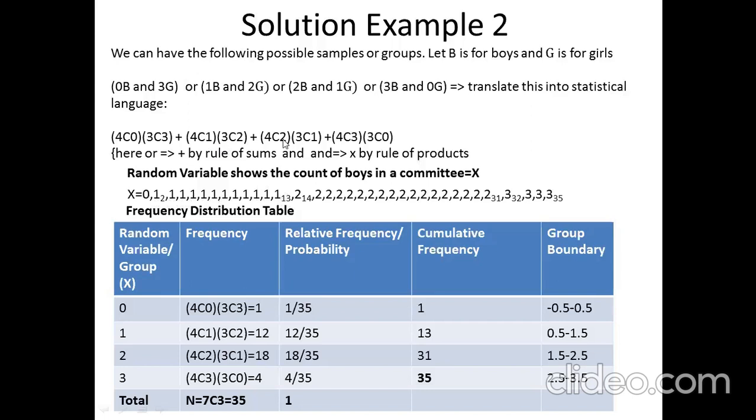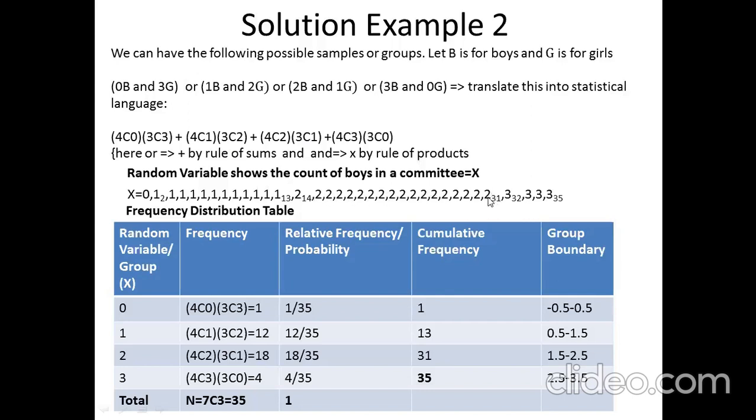Then the value of X would be 2. And how many 2's can we have? It equals the product of 4C2 and 3C1, which is actually 18. So 3C1 is 3 and 4C2 is 6, and 6 into 3 is 18. That means after the 13th location where we had 1, we would have 18 twos. So there are 18 twos starting from the 14th location in the data set and ending at the 31st location.